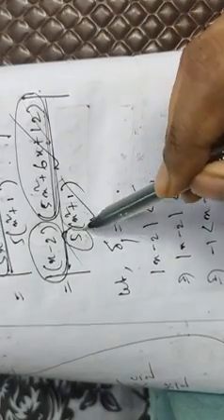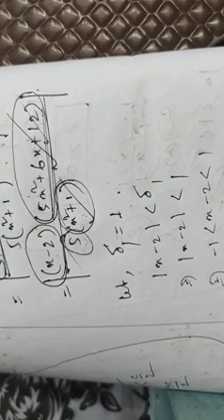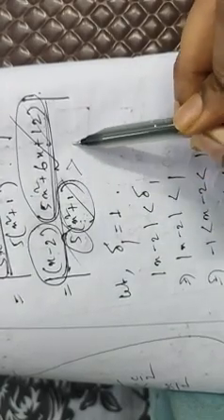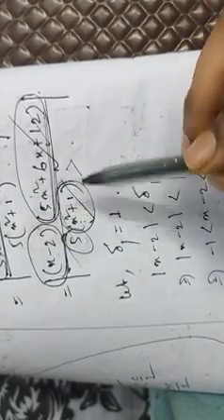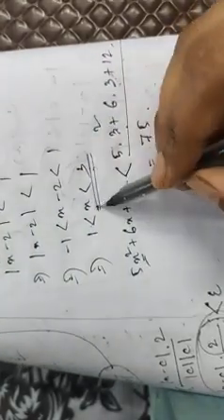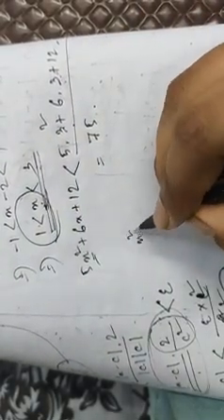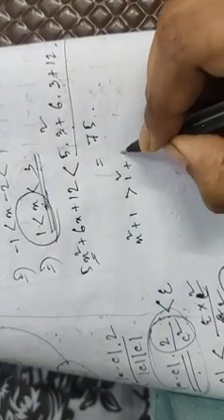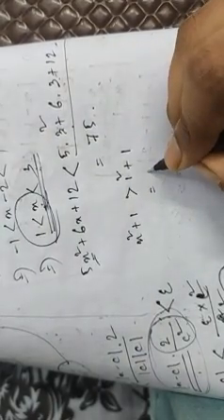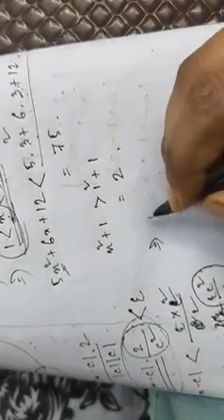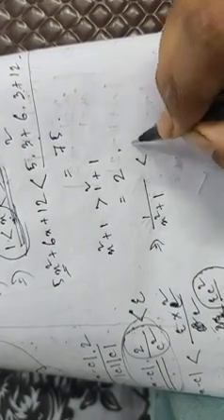Now we need to find out something for the denominator part, that is x square plus 1. We need to find something which x square plus 1 is greater than. Then we can write 1 by x square plus 1 is less than something, right? Now we have x is greater than 1. So using this inequality, x square plus 1 is greater than 1 square plus 1, which equals 2. That means from here we can write 1 by x square plus 1 is less than half, just by taking the reciprocal.